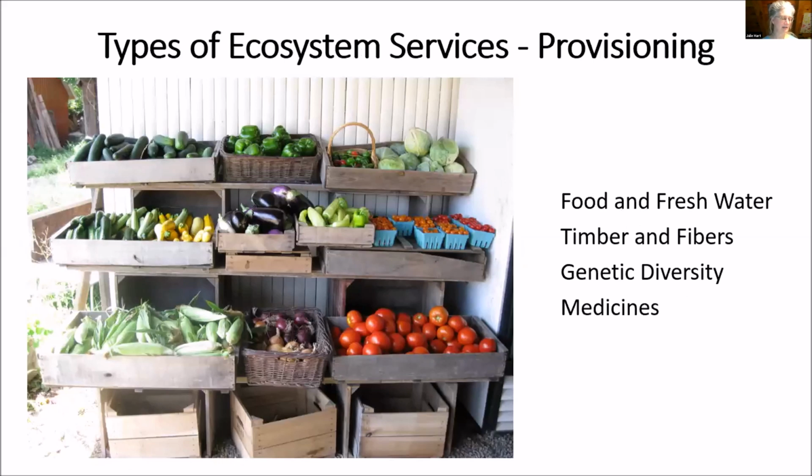And then there's provisioning ecosystem services. This is an easier one to understand. All of the food that we eat and the fresh water that we drink are provided by nature. The timber that builds our homes and the fibers that we wear on our backs are all from the land. Genetic diversity, another kind of catchphrase that reminds you that organisms change over time, and having diversity, biodiversity, it's kind of like an immune system. So if one thing fails, something else will kick in and